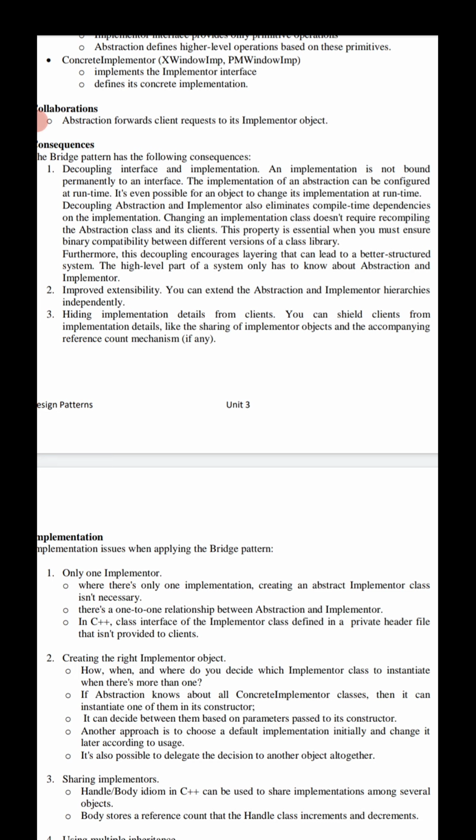You can shield clients from implementation details, such as the sharing of implementer objects and an accompanying reference count mechanism, if you use one. So the consequences of the bridge design pattern are: first, decoupling interface and implementation; second, improved extensibility; and third, hiding implementation details from clients.